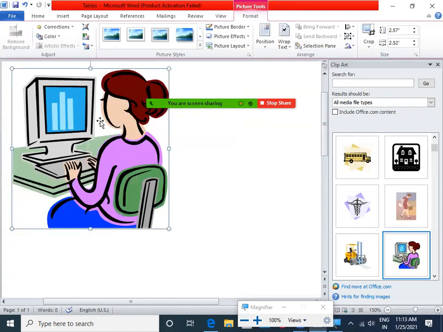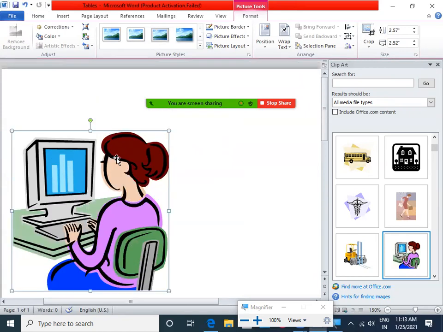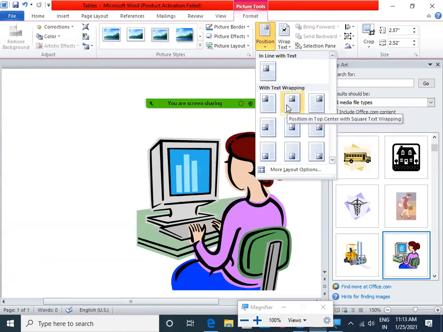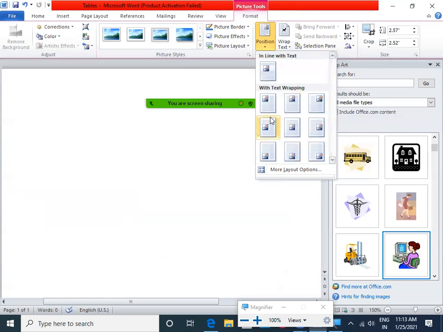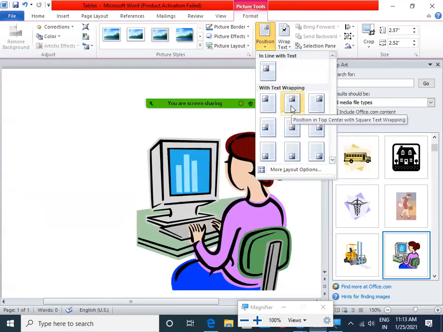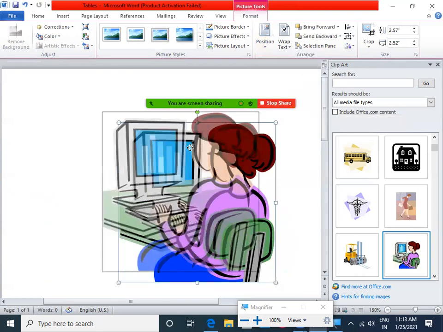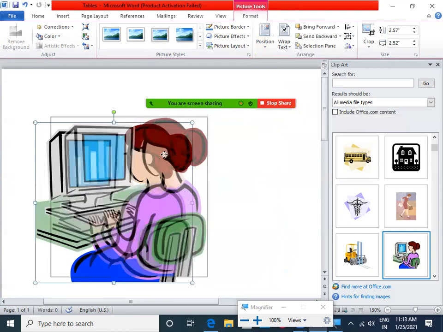And if you want to move this around, you can move this image. For that, you need to select this option and go to Position, and whether you want to set it in line or like this, we have different options for where you want to position it, whether to the center, towards the right, bottom left, in the middle, and so on. There are different options available. With Text Wrapping, select this option and then you can move this wherever you want. Getting it?